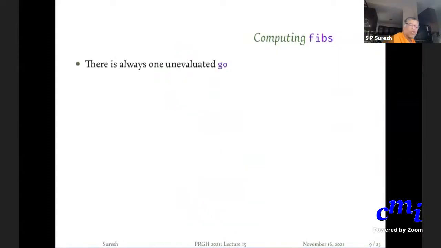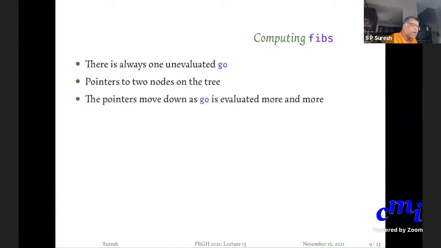So the point is that there is always only one unevaluated go. And that go will have a left argument and right argument, which won't be completely evaluated values, but they will be expressions. But expressions inside Haskell internally are graphs like what I showed you. So instead of saying expressions, it will point to 2 nodes in the graph. Pointers to 2 nodes in the graph on the tree.